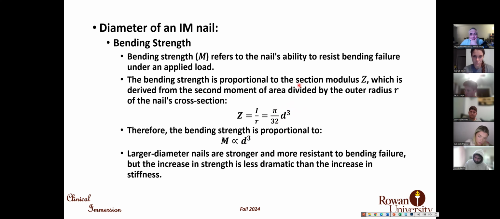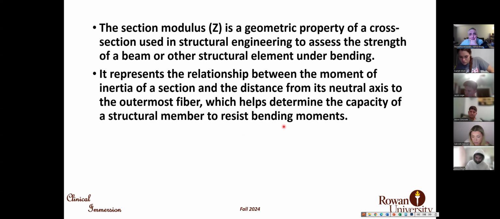It is proportional to something called section modulus, which is calculated like this with this equation. And bending strength is proportional to section modulus. So it is proportional to the third power of diameter. What is section modulus? It is an engineering, a geometric property that shows you the relationship between the moment of inertia